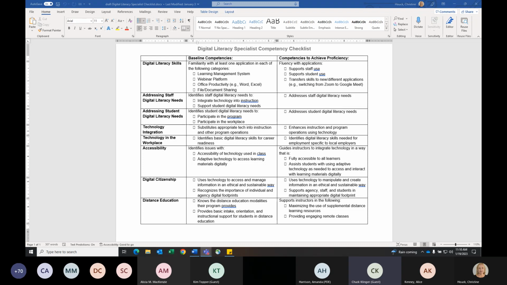The areas that people most identified as something they're probably going to want help with are identifying the digital literacy skills for local employers, and then addressing digital literacy needs of staff and students. Those are the two areas that we heard most, that people at least wanted ideas or to talk about. So those are the things that we're focusing on right now.